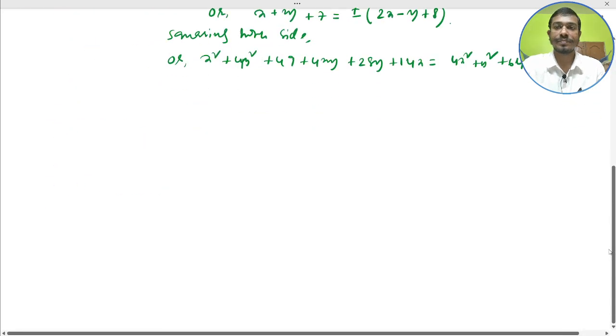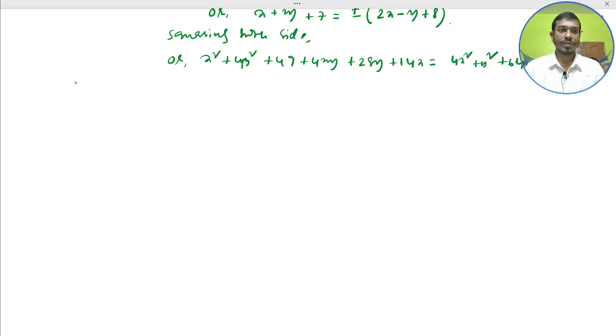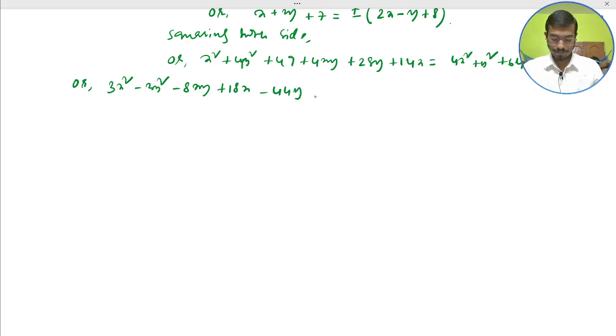Next, just solve here. You would get this equation: 3x square minus 3y square minus 8xy plus 18x minus 44y